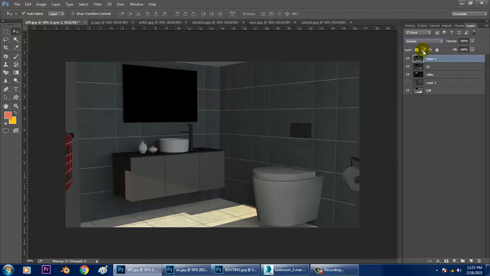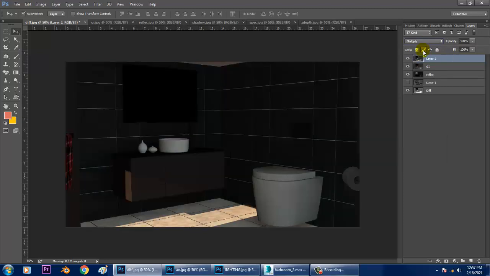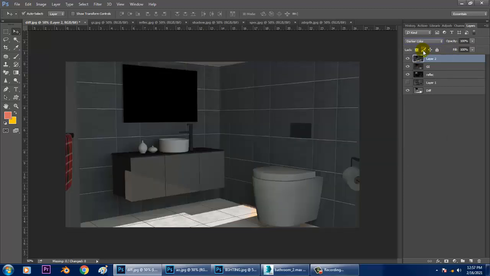Let's change the blending mode. Looks much better.